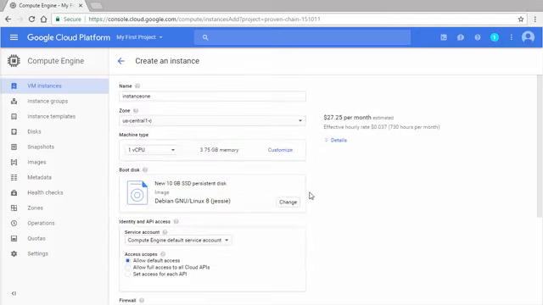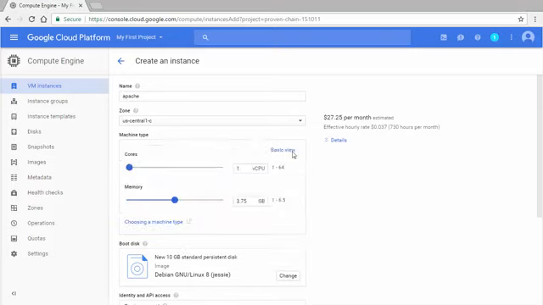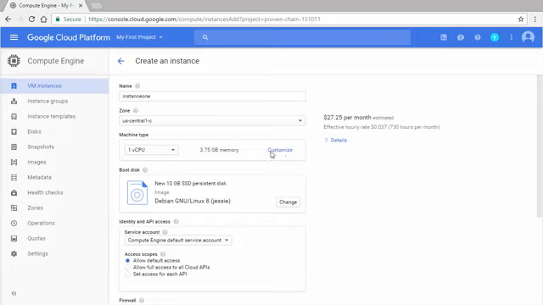There must be a network and a subnet covering your chosen zone. If the default network is present, this will be the case because it has a subnet in each region. Pick a machine type with CPUs and RAM. You can customize this, but choose the micro config for now.